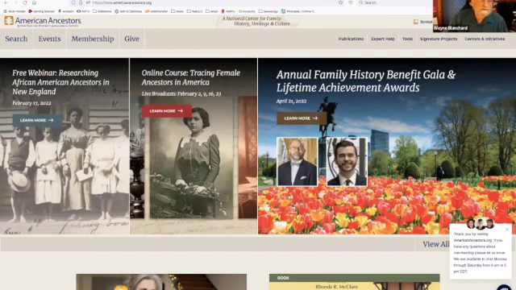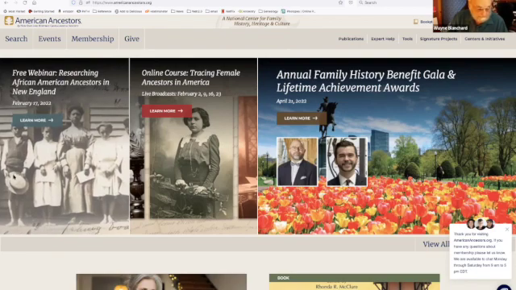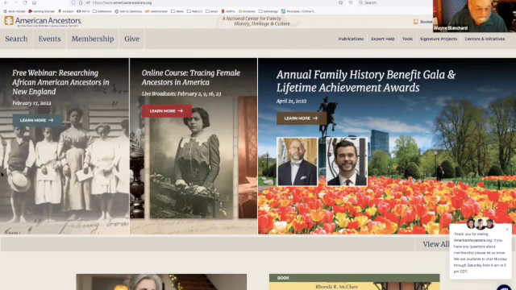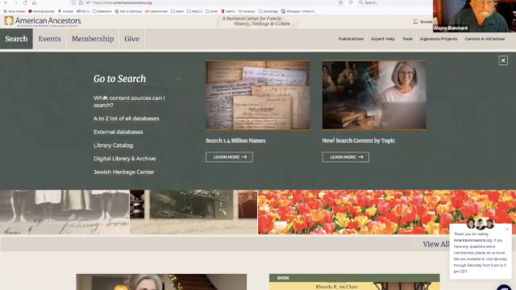So the focus on the website is primarily records in the US, but they do have records from other countries. But the focus is going to be on the United States and particularly the Northeast. All 50 states are included in various databases. And so I want to take a look at, go to search here. On the search page,